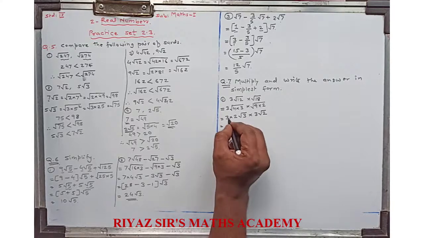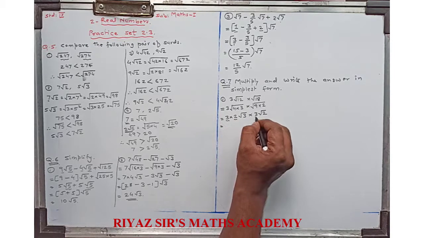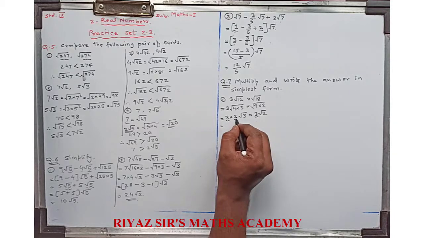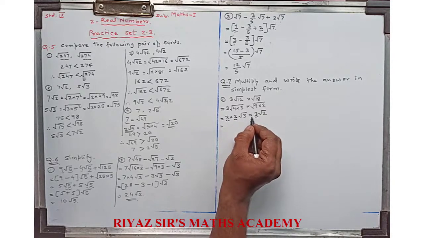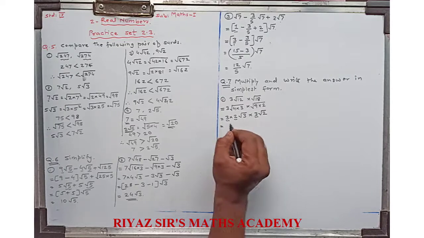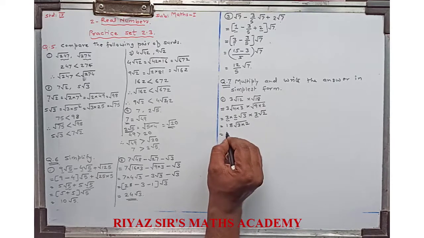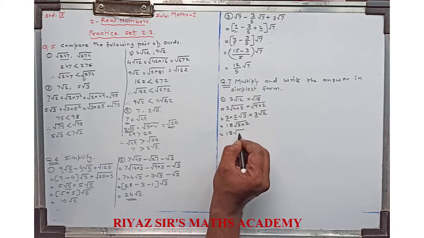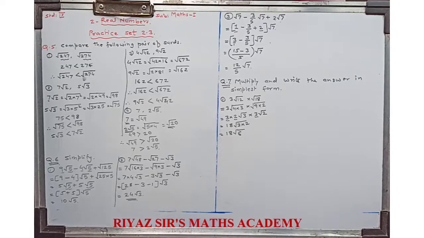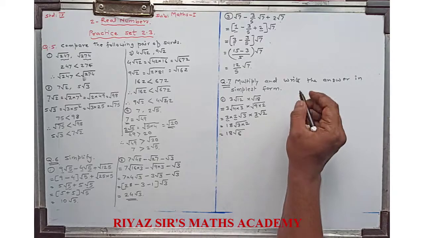So just take multiplication of the numbers which are outside the root. That means 3 into 2 into 3. We will take their multiplication. So 3 2s are 6, 6 3s are 18, and just take multiplication of the radicands, that is 3 into 2. So you will get 18 into square root of 3 2s are 6. So that is the answer for the first example. Any doubt in this? Do you have any doubt in this? So this is the first example.